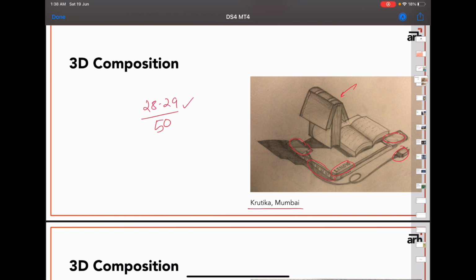काफ़ी अच्छे से किया है. Detailing is a very important part in your drawings. You need to have these small detailings that bring the real life object nature to the 3D composition. So this one was good.